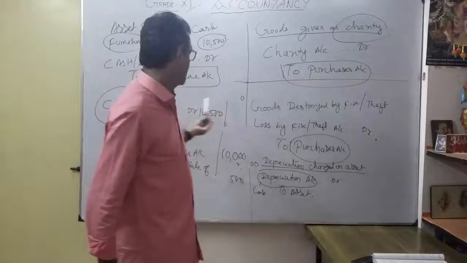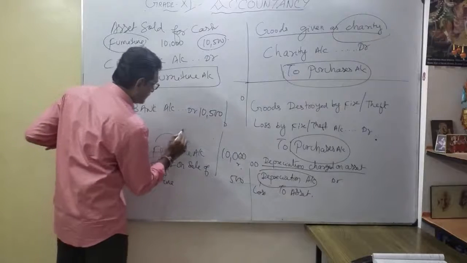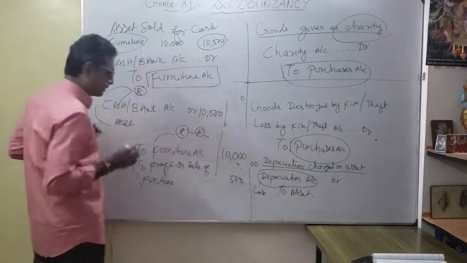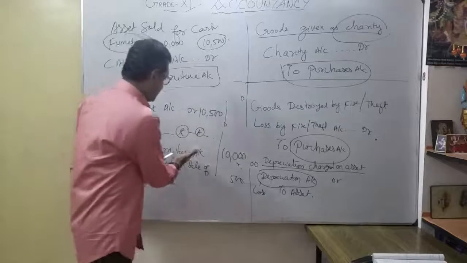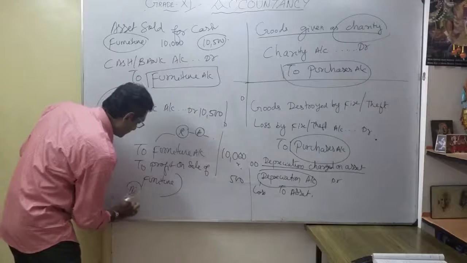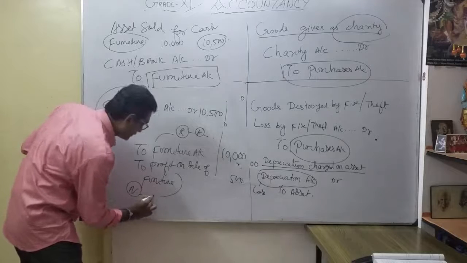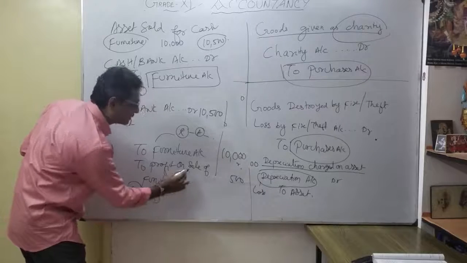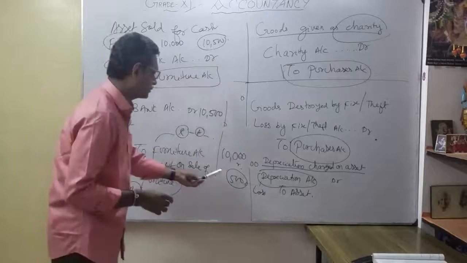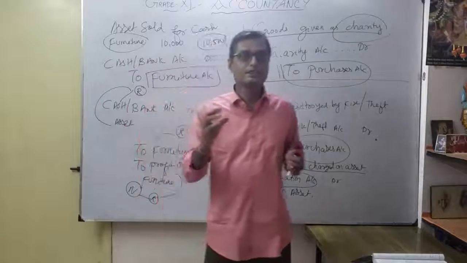Debit what comes in. Yes, I got money. Then the asset furniture comes under real account. Why is it a real account? It is an asset. So what is the rule? Debit what comes in, credit what goes out. Correct. Okay, then this is a nominal account. Why is it a nominal account? It comes under a gain for us. So what's the nominal account rule? Credit all income and gain. This 500 is a gain. That's why I am crediting. You understood? Each and every journal entry you want to verify with the help of the rule.